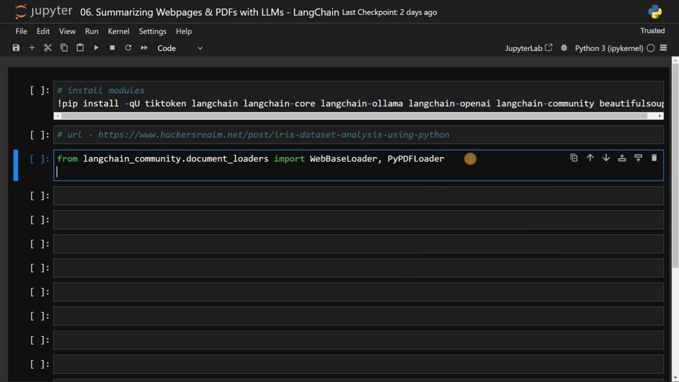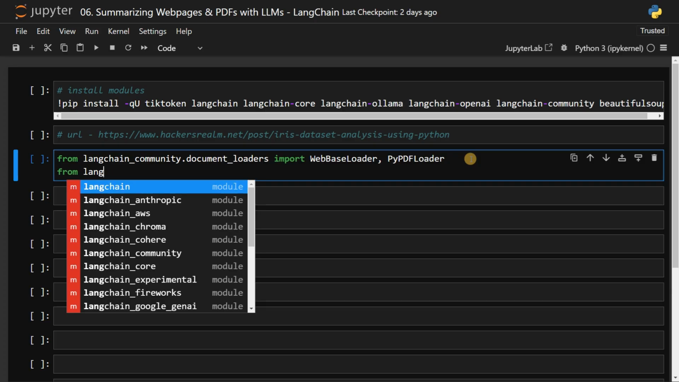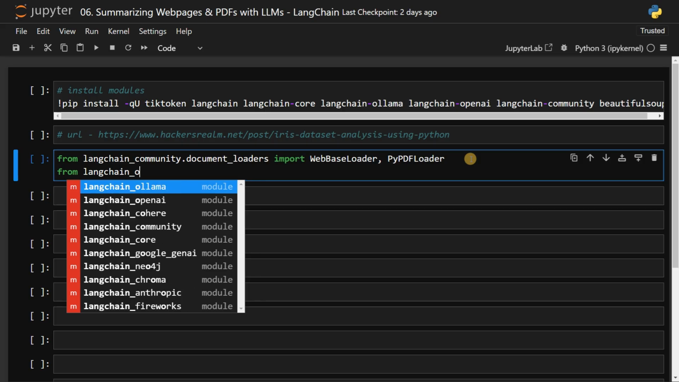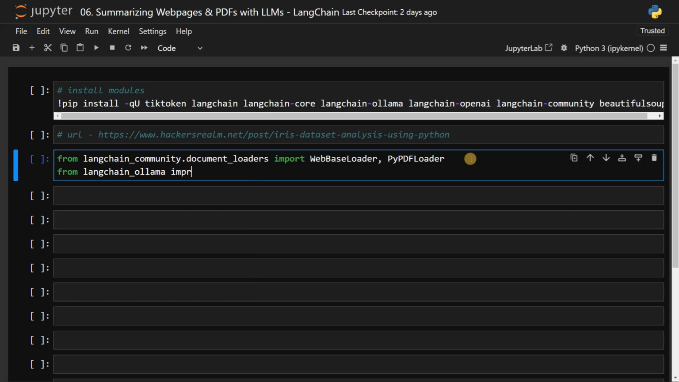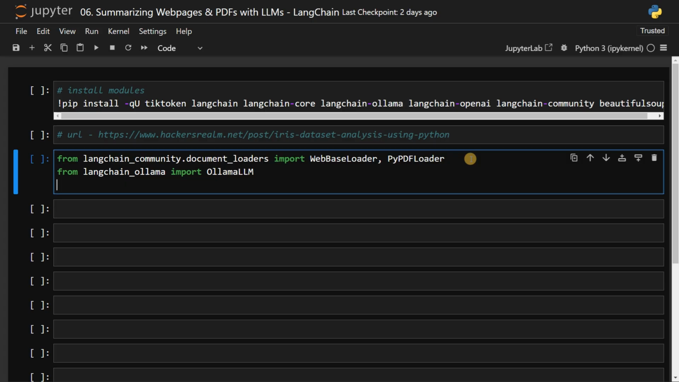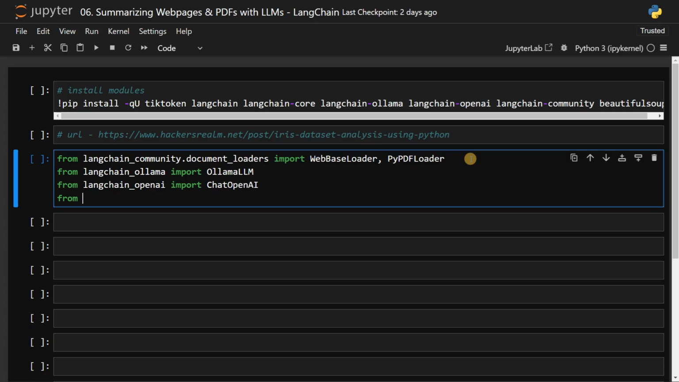Then we have to initialize the models, from LangChain Ollama import OllamaLLM. And then if you want to use LangChain OpenAI, you can use ChatOpenAI. Then from